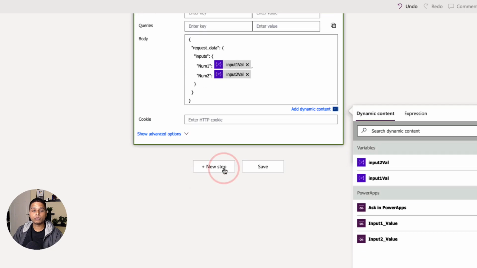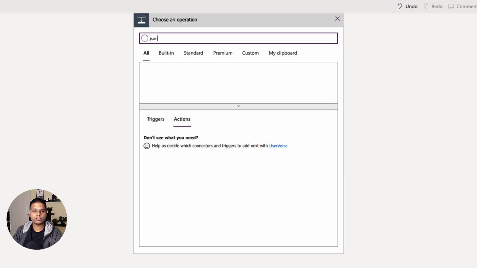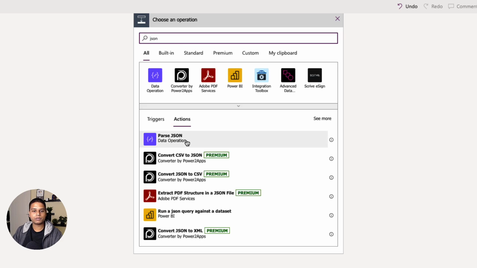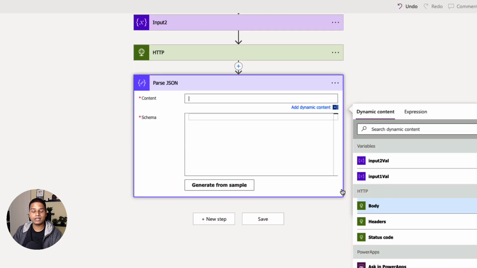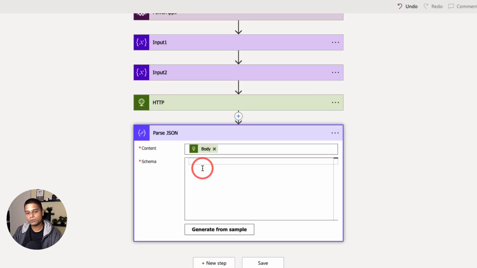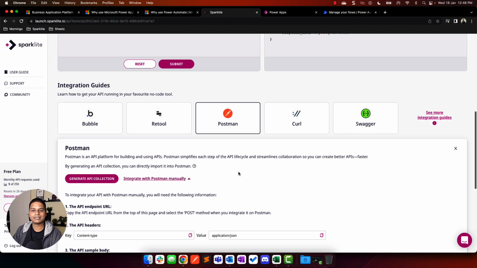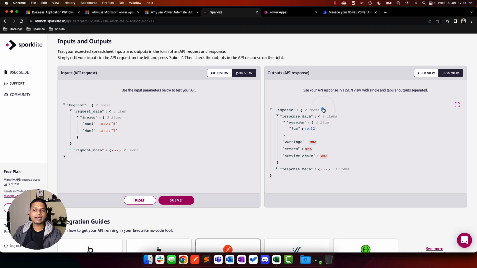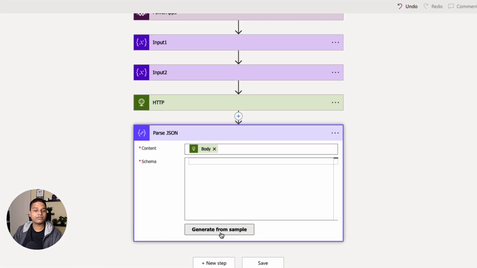The next step would be to parse the output that we'd receive from triggering our API. We can find that operation by typing in JSON here because we'll be parsing the JSON. So we'll use that option right there. As for the content, that's going to be the response body of the HTTP request that we're going to make. So let's select that. As for the output schema, and this is a mandatory parameter here, you can navigate to Sparklite's dashboard. You can copy this output JSON right here,